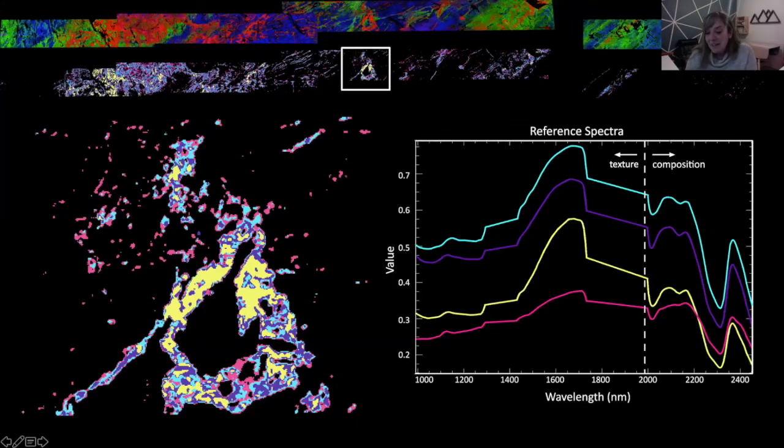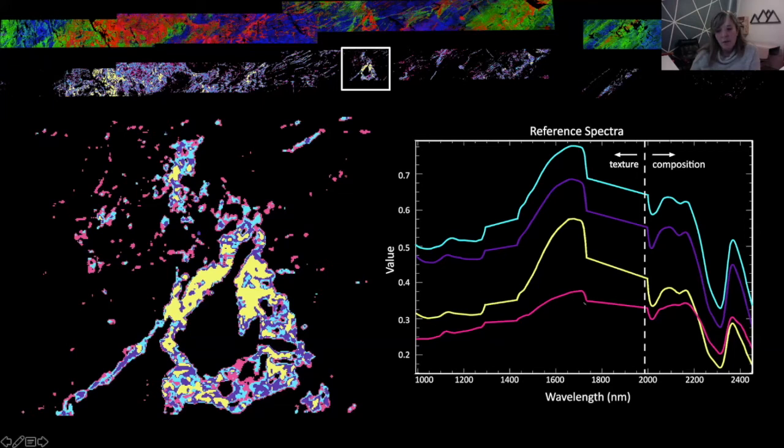Anyway, if we look at the paragenesis of this, we have the pink pore filling phase, and then the purple and blue, and then finally we would have the final fill highlighted with the yellow pore filling phase. And in terms of the composition, in terms of the texture, we can see that the pore lining phase